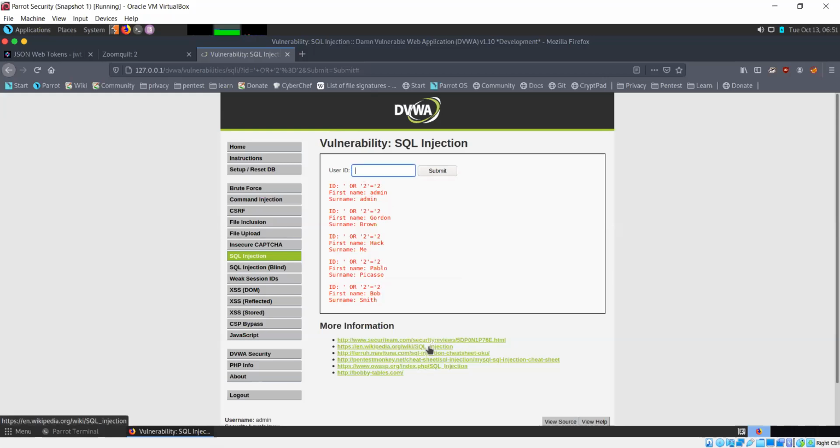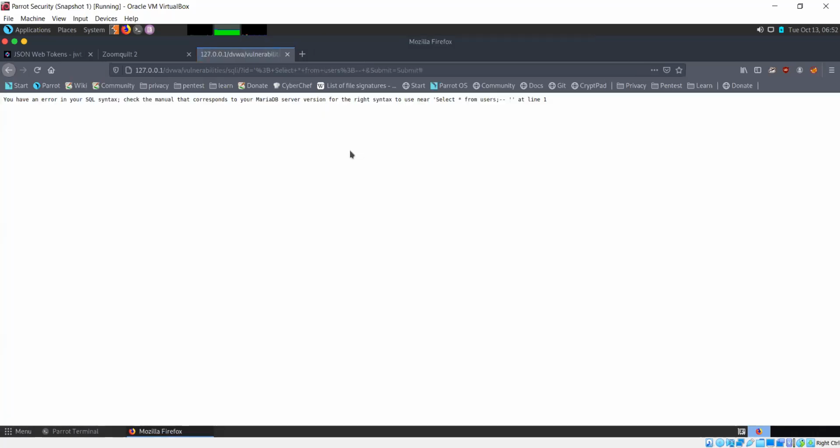After this quote and end that statement, you can try entering your own statement. Select star from users, and... okay, so this is giving me an error.